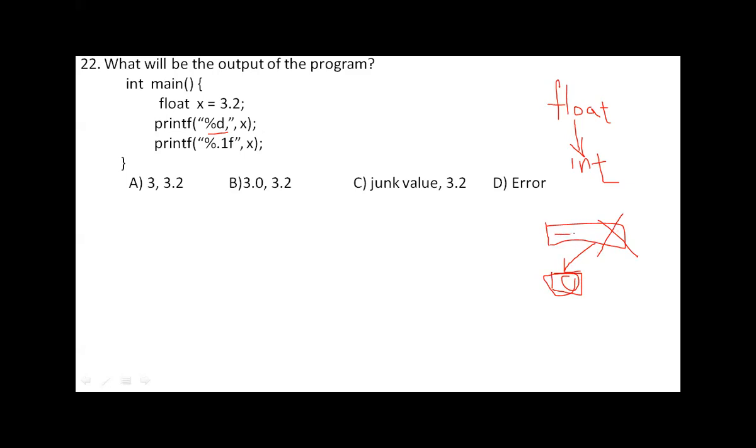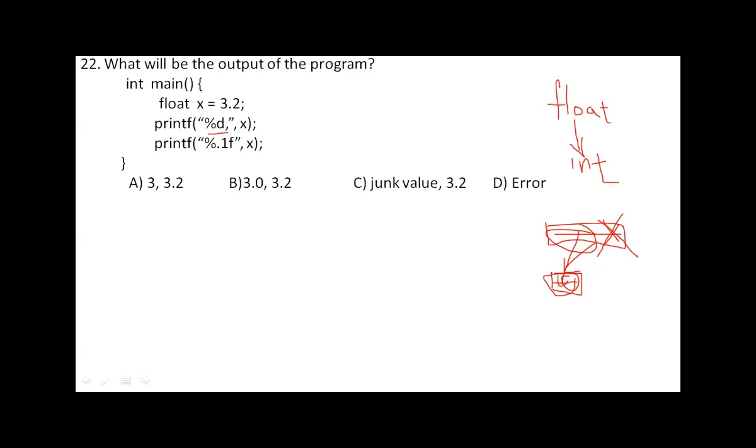You are trying to store a bigger number representation into a smaller number representation. So what happens? Some bits will be lost. Only some bits will occupy this small box. That's why information loss will be there.